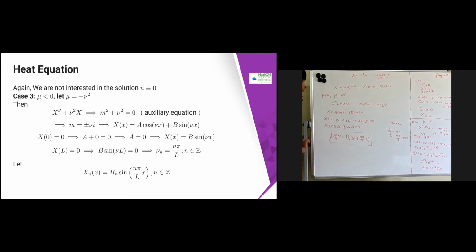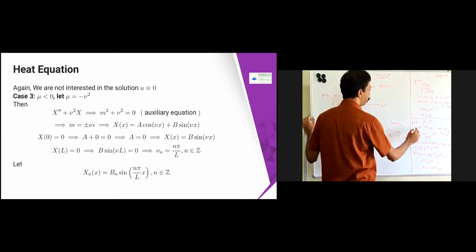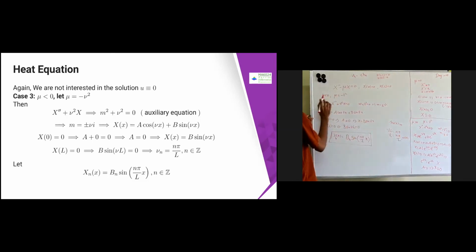So in some textbooks, what they used to assume is that bn equal to 1, so that they will just take this one and then proceed. But I'm not going to assume that. This will be absorbed in some of the coefficients, so we'll just see that. Therefore mu equal to 0 is not possible, mu greater than 0 is not possible. The only possibility is that mu equal to minus nu square.